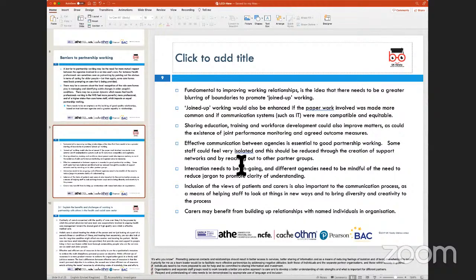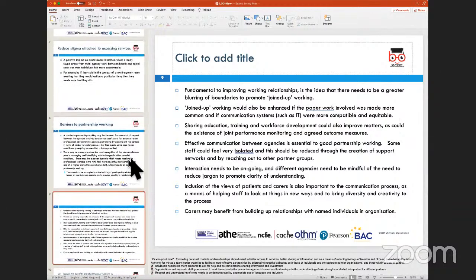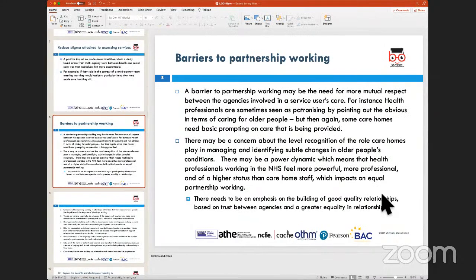Now, one last thing, which I would also put this way: when we talk about, say, for example, what are barriers to partnership working? Now, this is something which is also to be looked at apart from, let's say, when we talk about challenges. When we look at barriers to working in terms of partnership working within the National Health Service in particular, or in the health and social care sector in particular, we need to talk about and consider why these barriers get formed. Why do we have, essentially, barriers in working in the health and social care sector?